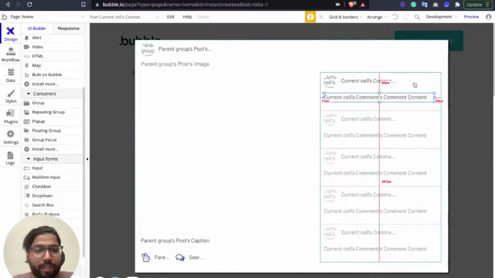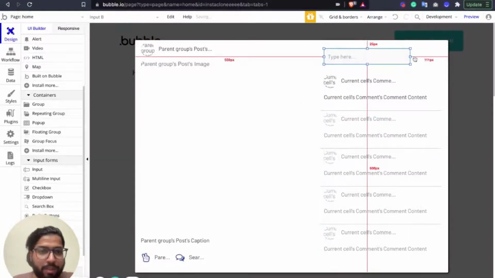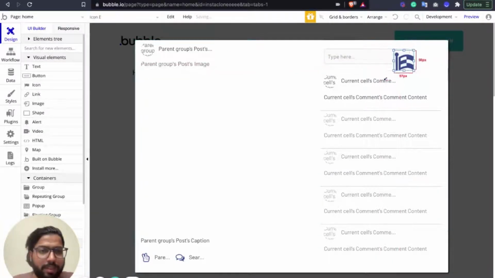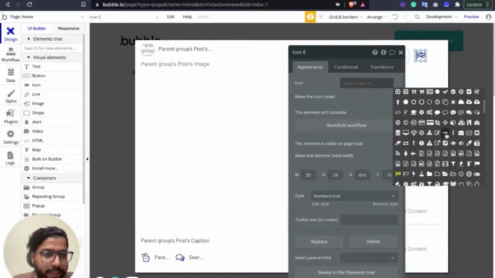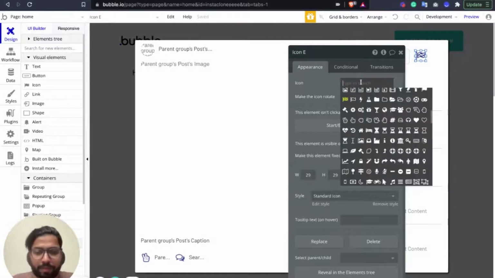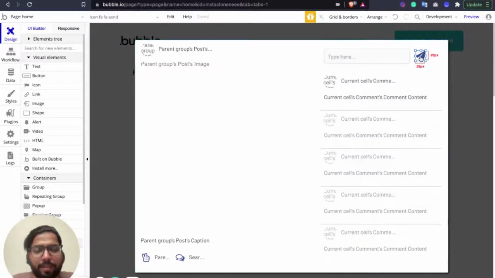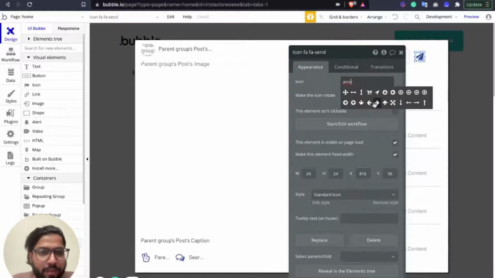And to post the comment, we should have at least an input box here. So let's just put it here, input box, right? And let's use an icon to send. For the send, let's use a send button maybe. Let's use this one. It looks like a Telegram icon, but I guess let's just use it to make it a send. Okay, let me check if we have any sort of arrow here. Yes, we do have. Perfect. So let's use this one.